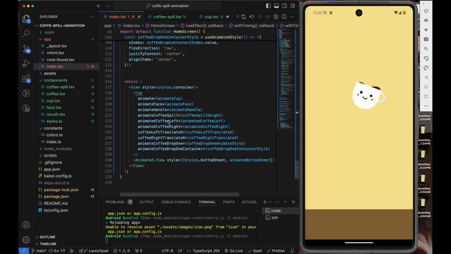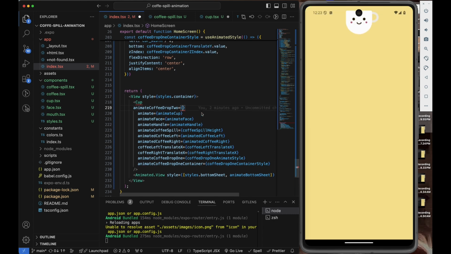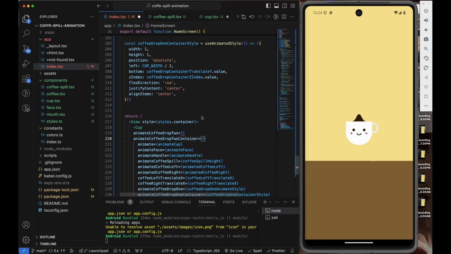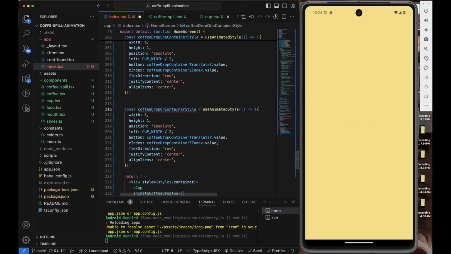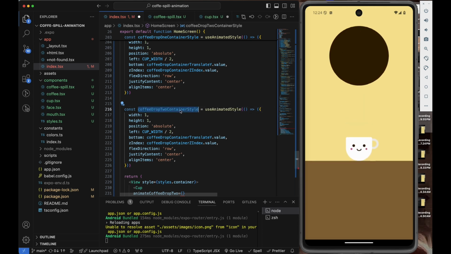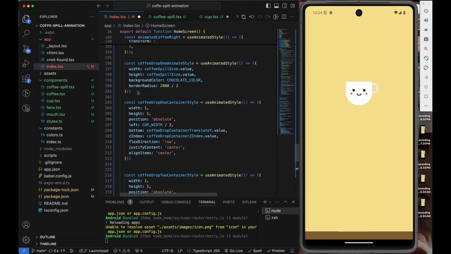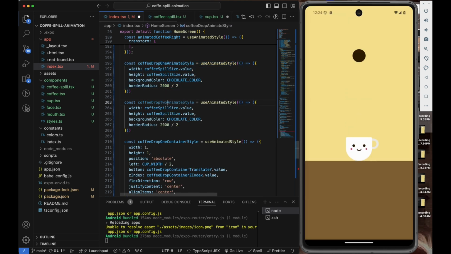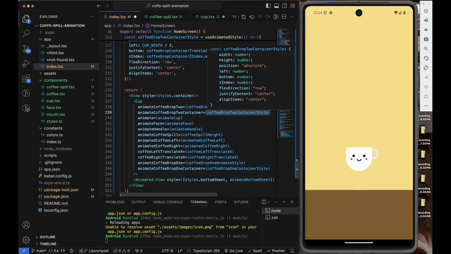So this is also expecting something, so we can come here and then pass the animation for coffee drop 2, so that would be something, and then here also we have animate coffee drop 2 container. So we can just duplicate this and then we will call it coffee drop 2 container, and then we pass this to our coffee drop 2 container, and then we come to our coffee drop 1 style, and then we change it also to coffee drop 2 animate style. We pass it to this. So what we can do from here